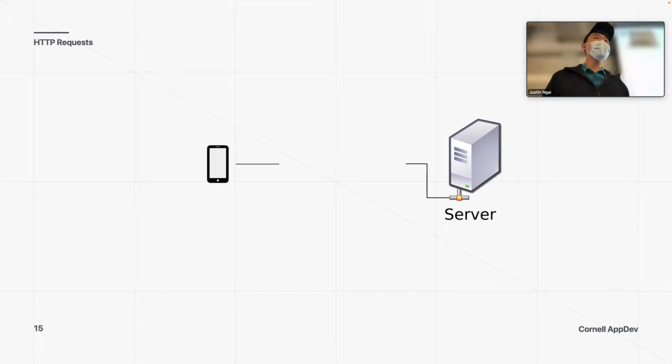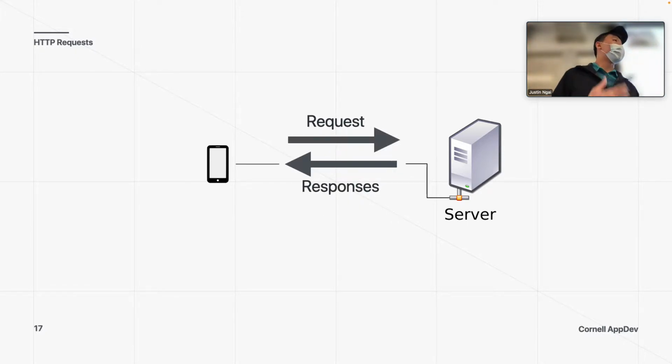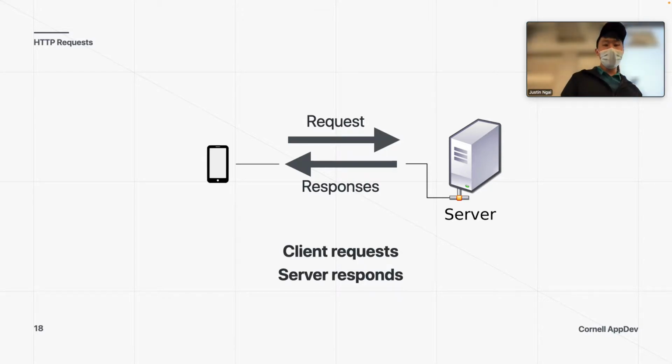So let's break down this protocol, okay? On the left-hand side, we have the app, that's the client. Oh, I forgot to put the client tag, but that's the client. On the right-hand side, we have some device, something that has a CPU and a GPU and can do computing. So the way it works is first, your client sends a request to the server. Say, please give me my emails or please give me my grades. And the server is like, sure, here's your grades, and then it responds. So one very important thing to remember is that the client does the requesting and the server does the responding,